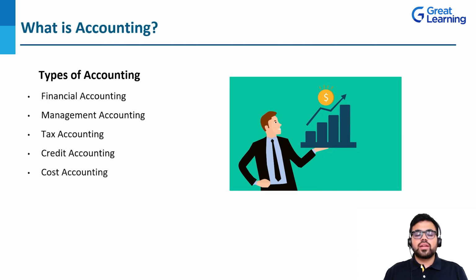Now, there are primarily five types of accounting. So, we'll go through each one of them one by one. The first one is financial accounting. Now, financial accounting deals with the summarization and recording of various transactions into building three major statements. The first one is balance sheet, second is income statement, and the third one is cash flow statement. Now, these statements are readily available in public domain because it is both for the internal stakeholders and external stakeholders